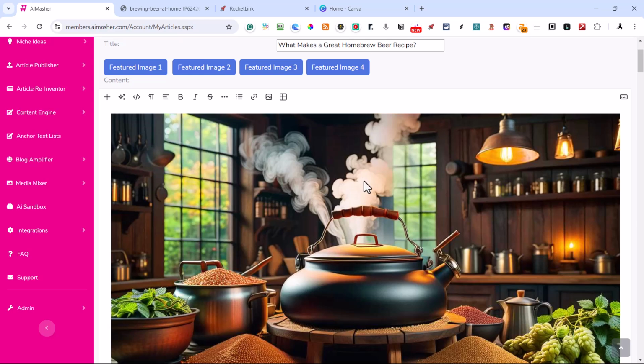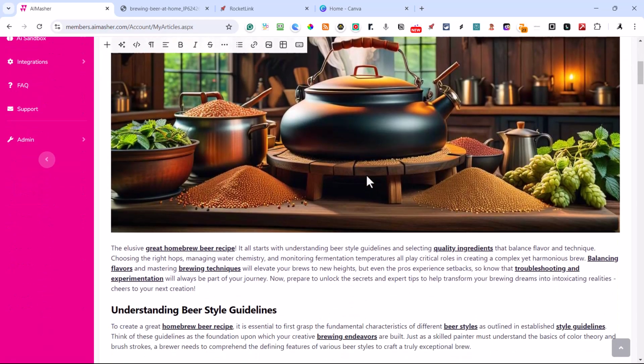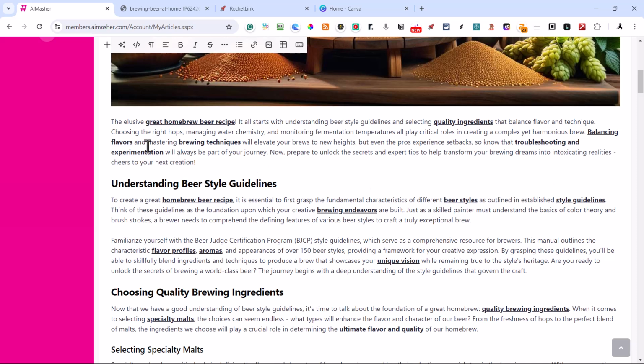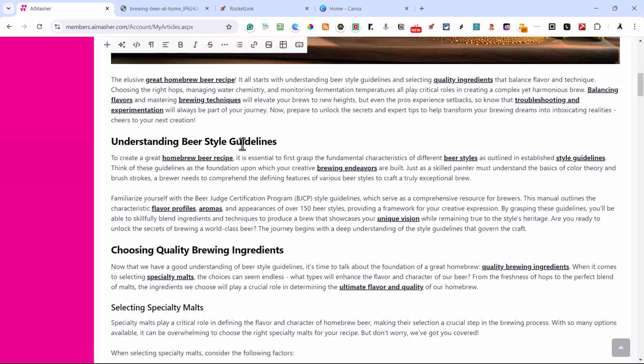Okay, so we have our barley, our hops, our malt, everything that would go into a microbrew. The elusive great homebrew beer recipe. Now remember, this is Mike Rowe talking to us. It all starts with understanding beer style guidelines and selecting quality ingredients and balancing flavor and technique. Choosing the right hops, and you can kind of read the rest. Understanding beer style guidelines.